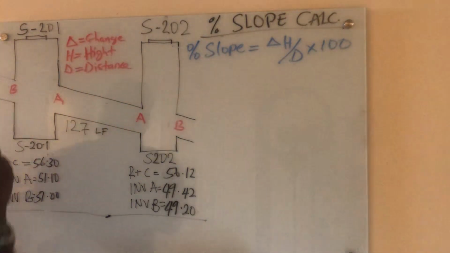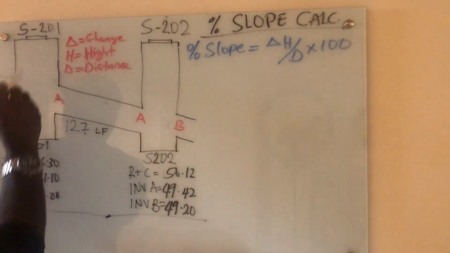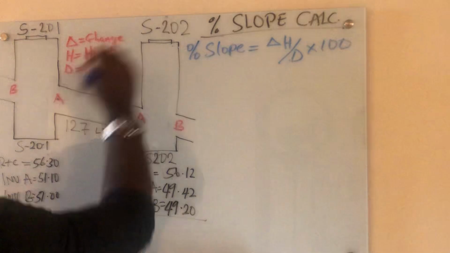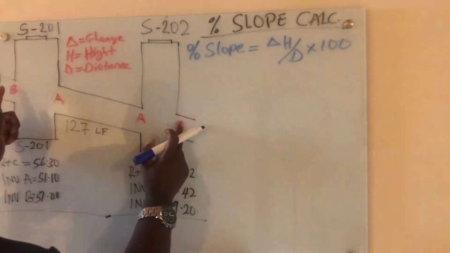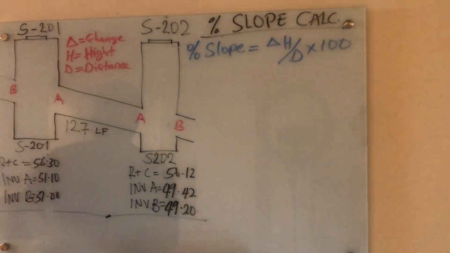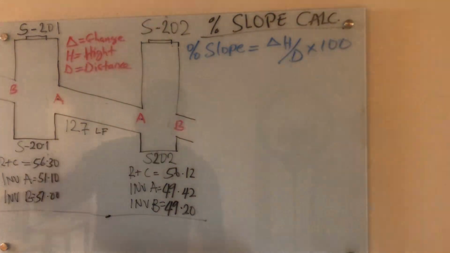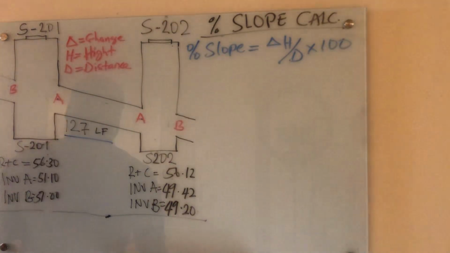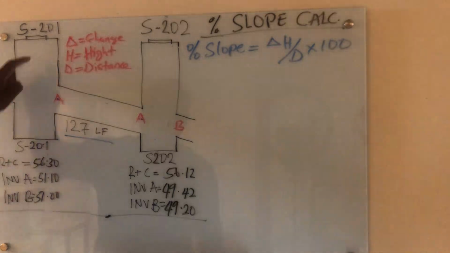So you look at this, we have the inlet A for structural drawing 201, inlet A for structural drawing 202, the same as the invert for those structures, the B, and then we have the length where the pipe is going to be between these two